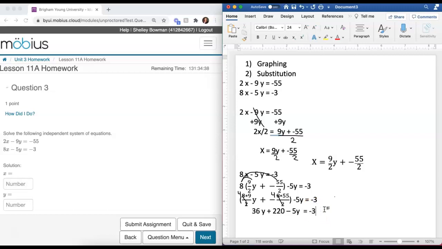Equals -3. Now I'm going to combine like terms. Since this has a y and this has a y, I can combine those. Since this subtraction is in front of the 5, I can add a negative so that you remember that, or you can think of it as subtract as long as that negative or subtraction goes with the 5. 36 minus 5 gives me 31y. And I still have the 220 here. And this equals